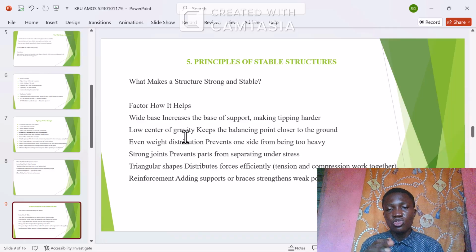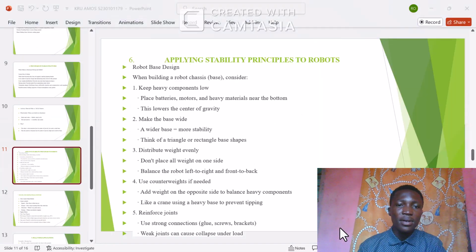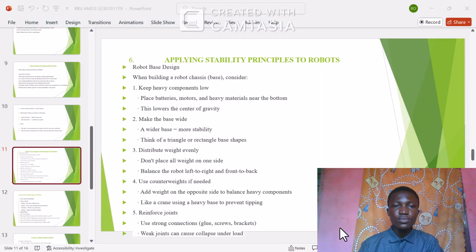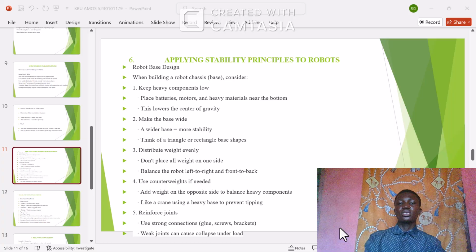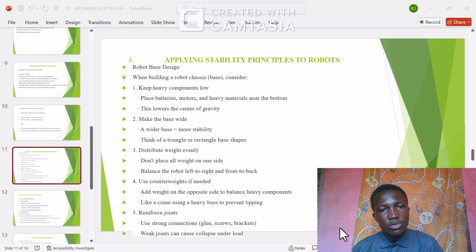Triangular shapes distribute forces efficiently. Tension and compression work together. Reinforcement, adding support or braces, strengthens weak points. So, when you are building a robot, let's consider these principles. Robot-based design: when building a robot,